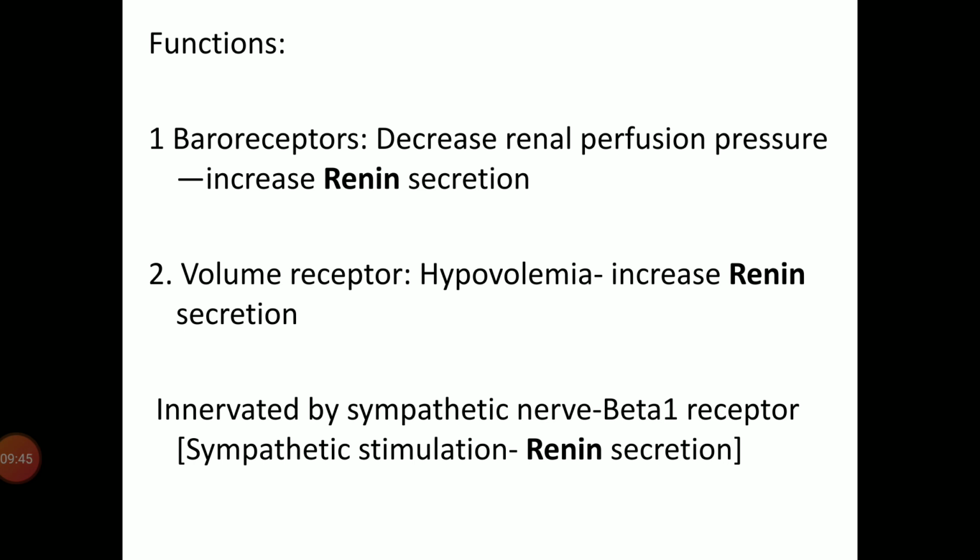Okay, so whenever the pressure of the blood in the afferent arteriole is decreased, at that time the JG cells are stimulated. So whenever there is decreased renal perfusion pressure, the JG cells, which function as baroreceptors, would be stimulated, and this stimulation would directly lead to the release of renin, which is present in the cytoplasm of the JG cell, and this renin would now cause the formation of angiotensin II. This angiotensin II is a very potent vasoconstrictor. We know that. And this constriction in the efferent arteriole eventually leads to an increase in the filtration